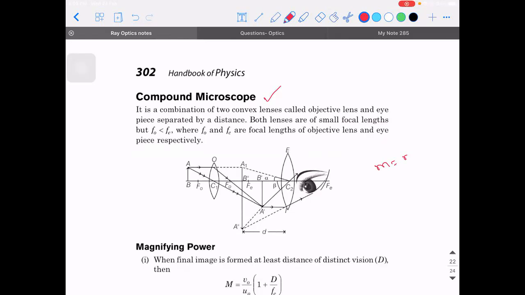The reason why we go for it is a simple principle: whenever you have more than one lens, when you solve problems, we do one thing. If you want to find the location of the final image, what do you do? You take the image formed by the first lens. The image formed by the first lens becomes the object for the second lens. That is the logic of ray optics. Yesterday also we discussed a similar problem, right?